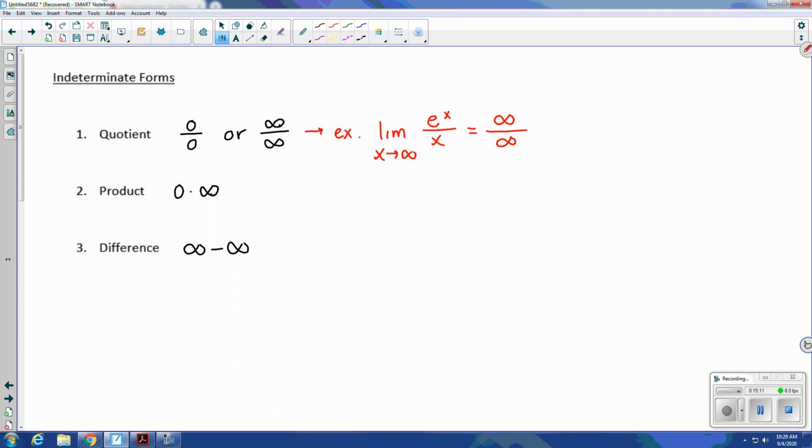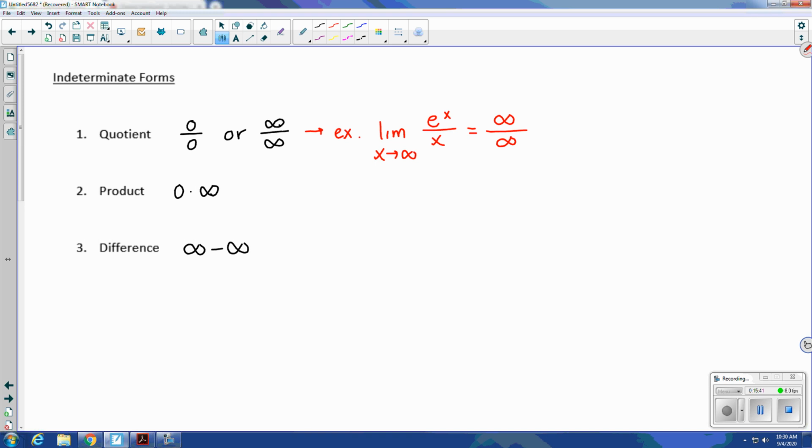And a common mistake that's made is you see this ratio, and it's like, oh, I have the same thing at the top and the bottom, so this must be equal to 1. Well, it's not, okay? Because, again, we're not taking these indeterminate forms as literal arithmetic problems. It's not literally 0 divided by 0 or 0 times infinity. Remember, when we're dealing with limits, we're asking ourselves where the functions are approaching. So it's as we approach infinity,